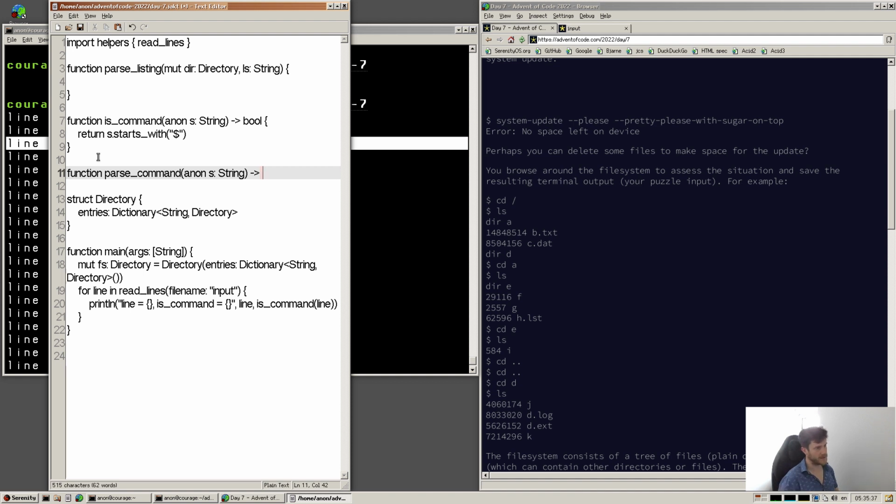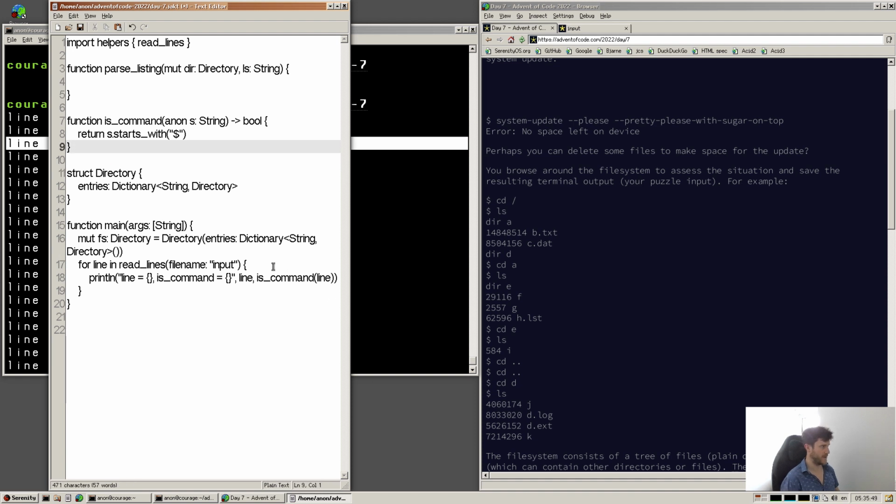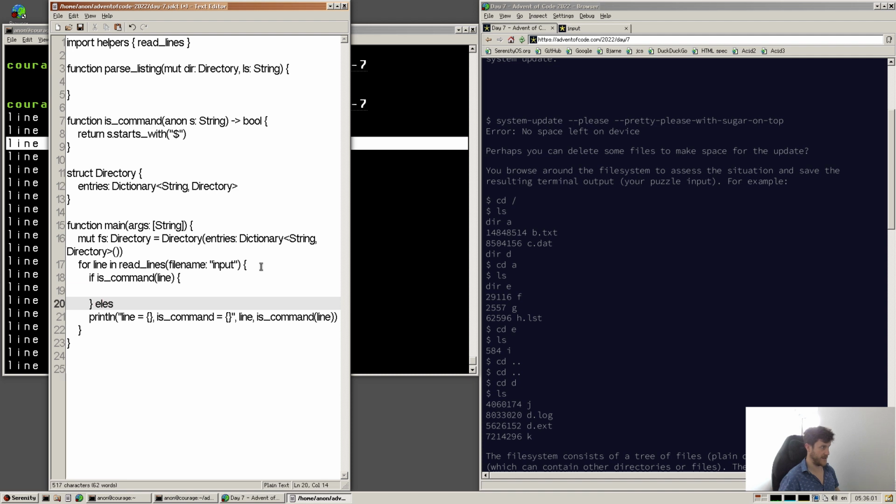We've only got like 2 different commands, so I think we might be overcomplicating it. So if is command of, what do we call it, line. So if we are in a command, we'll do that. Otherwise, we'll probably do pass listing,